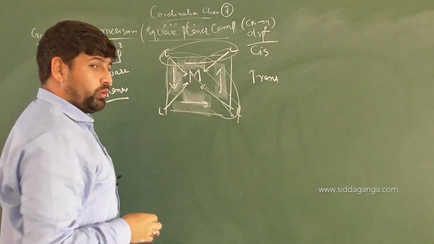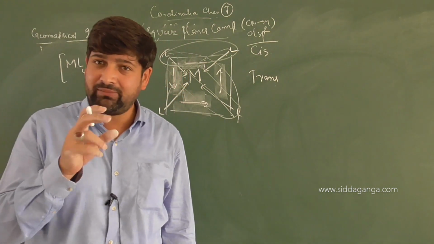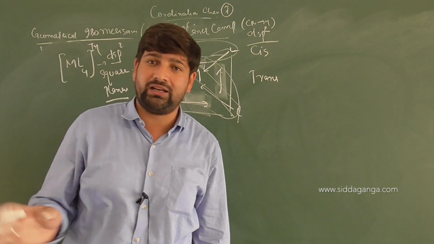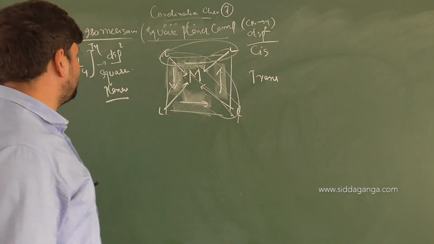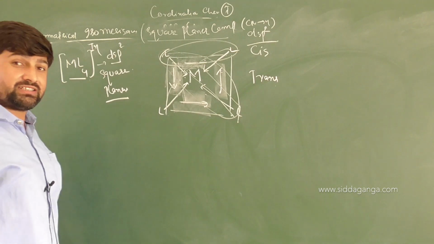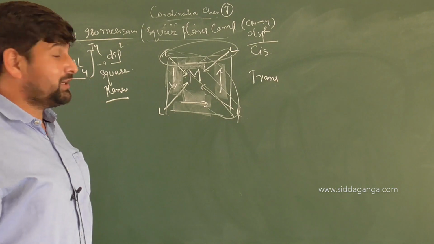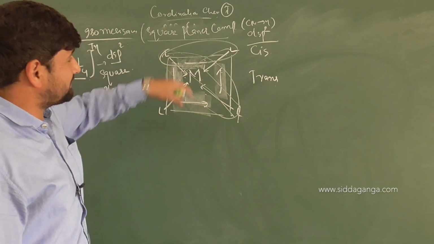So remember, whenever any coordination compound will be cis and trans with respect to the same ligands, it will not be geometrically active. So there is no geometrical isomerism exhibited by an ML4 type of complex, because you cannot say same and opposite side here at all. With respect to the same ligand, it is both cis as well as trans.